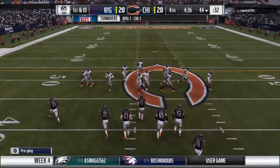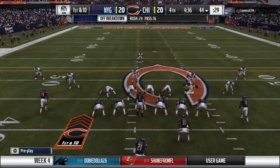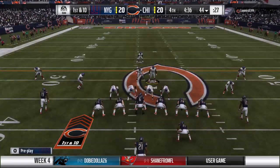Okay, it's real simple to say from here, but we know that sometimes as a quarterback, you've got to know when to say when and just throw it away. Flushed out to the